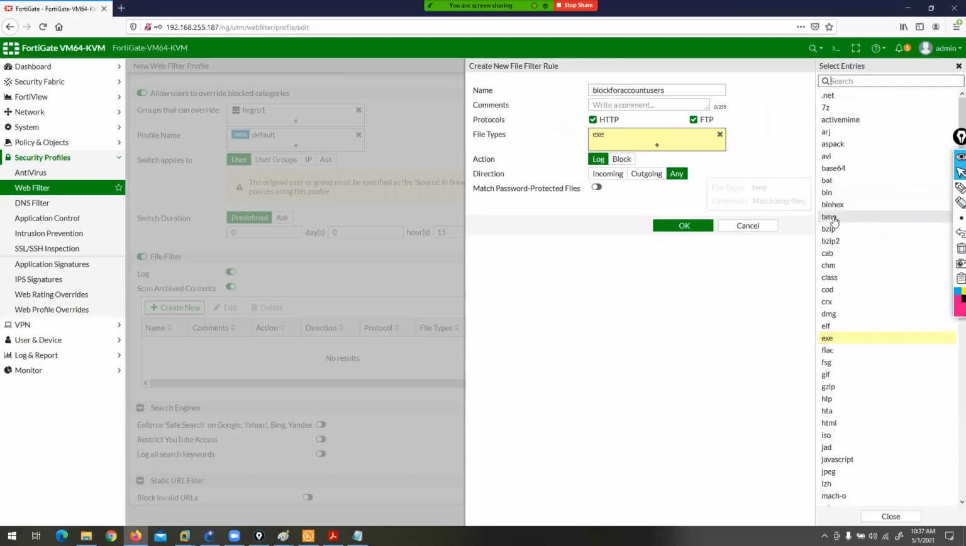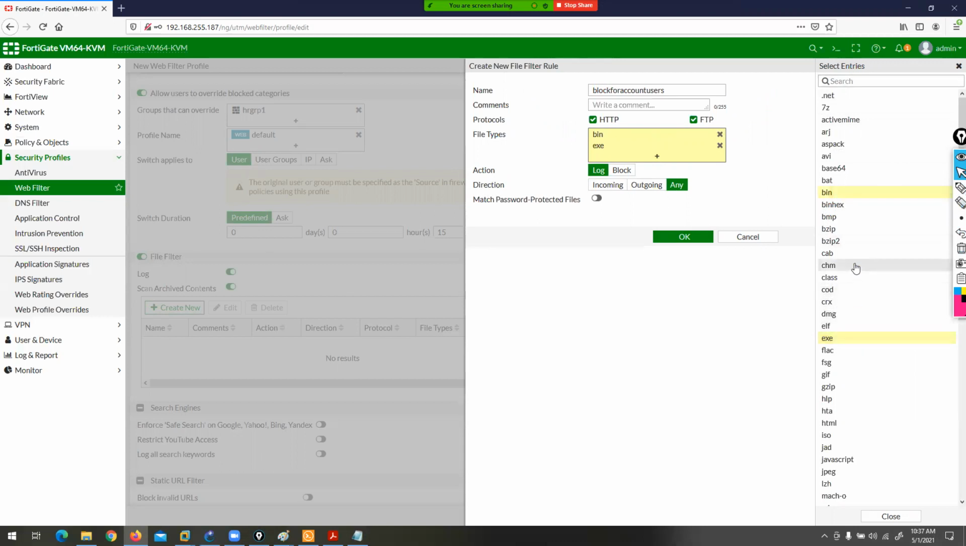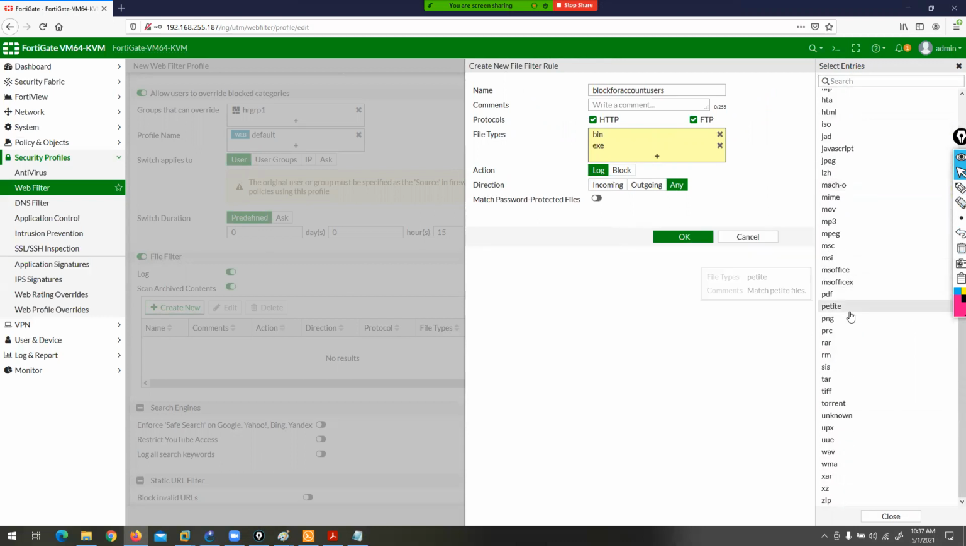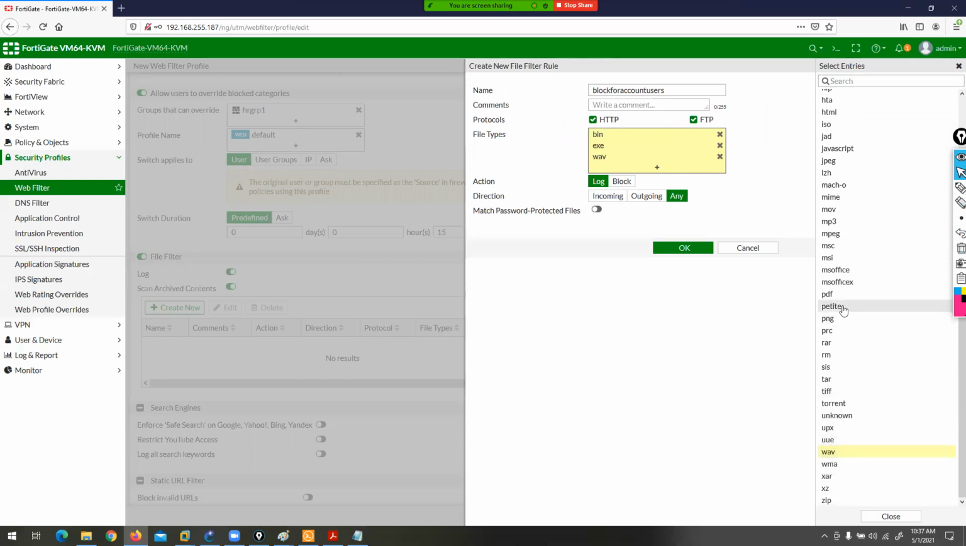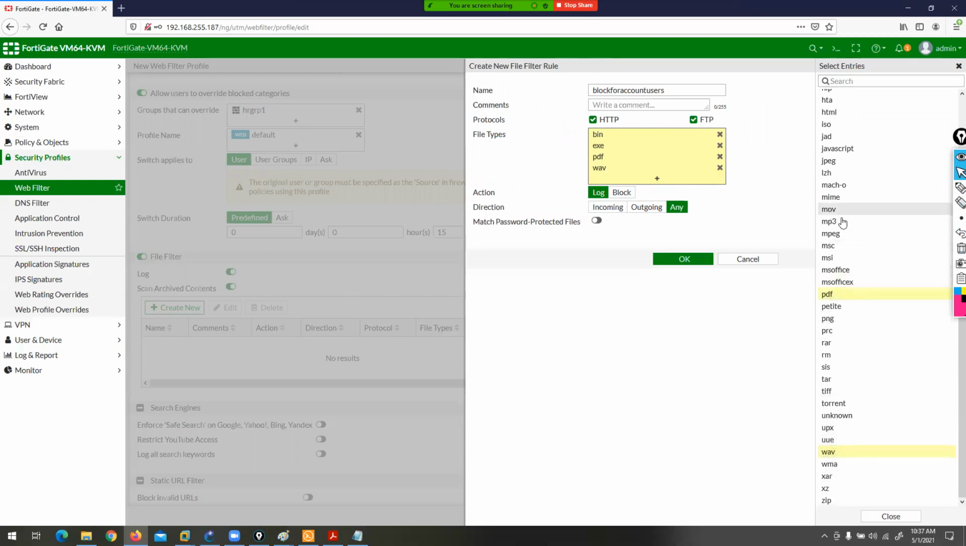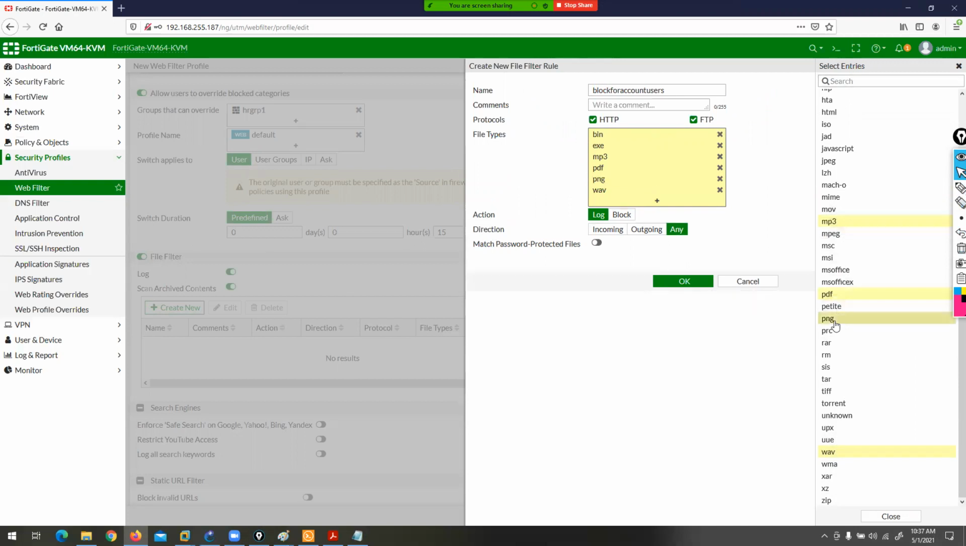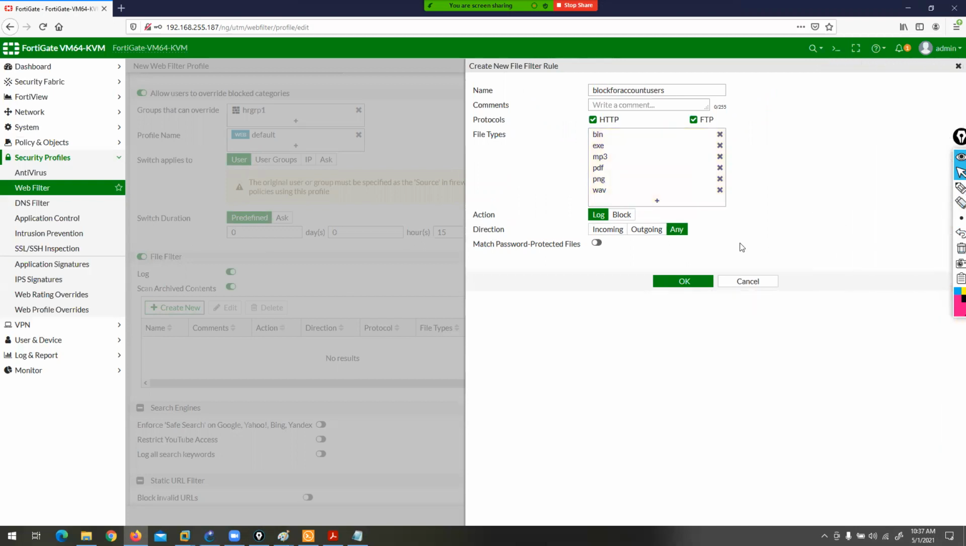Okay. I want to bin WAV file, PDF file, MP3, PNG. So if anyone is trying to download these files through an HTTP connection or through an FTP connection, I can define